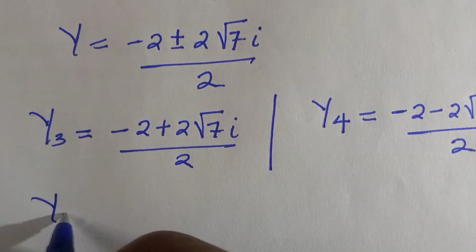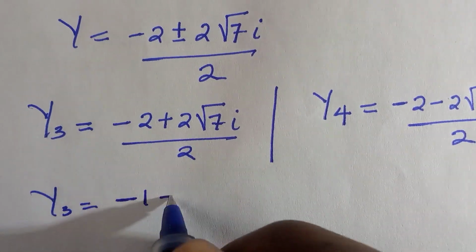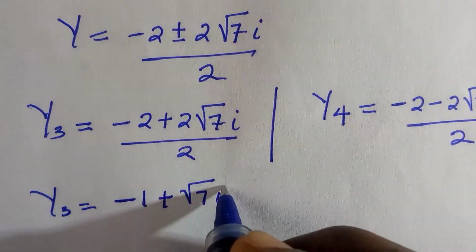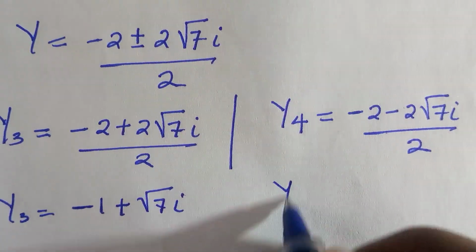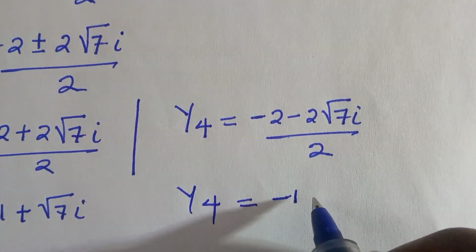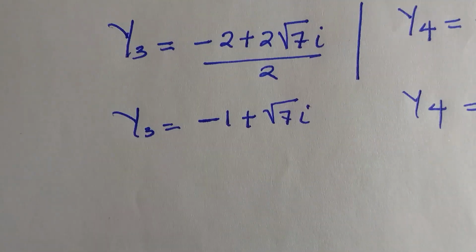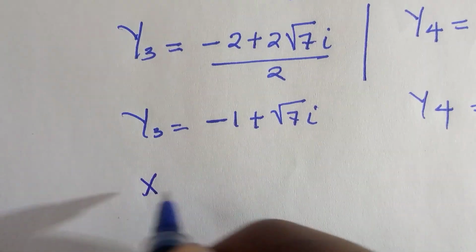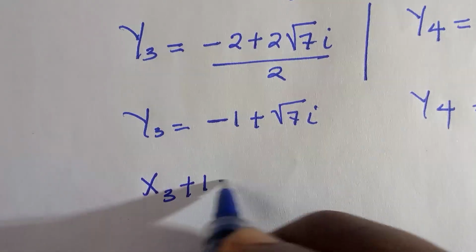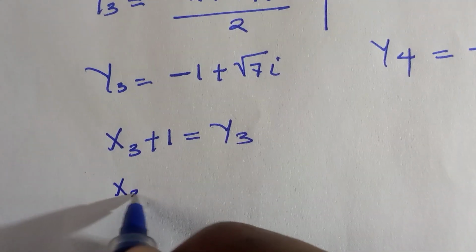and 2 is common above, so if you take it out, we have minus 1 plus root 7 i, and for the y4 we have minus 1 minus root 7 i. But here is not the final solution. Don't forget we let x3 plus 1 equals y3, and by putting all this here,